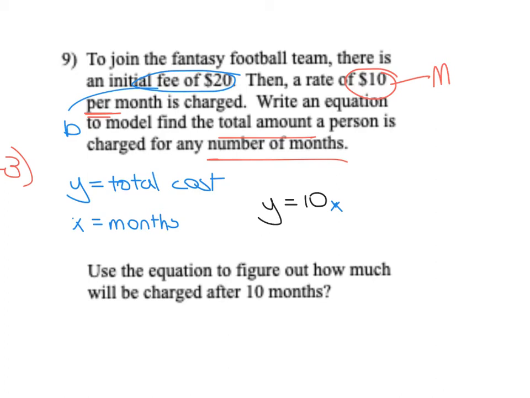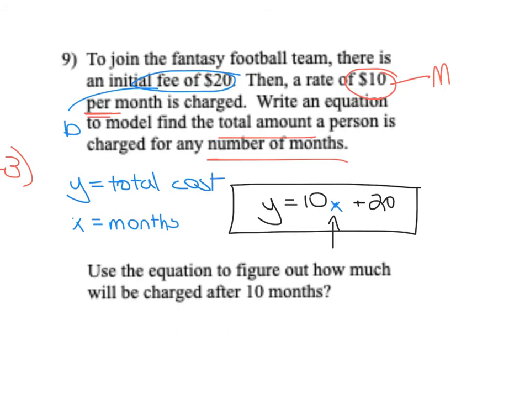Then lastly, so we have $10 per month, but we also have to add to that the initial fee. That is where we begin starting out. And what they start out paying is $20. So our equation is $10 per month, or $10 times however many months you're a part, which is X, and then